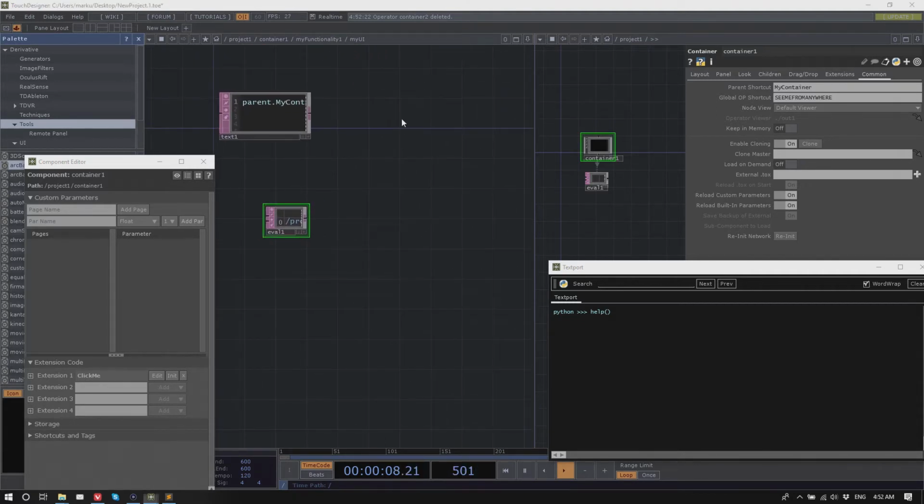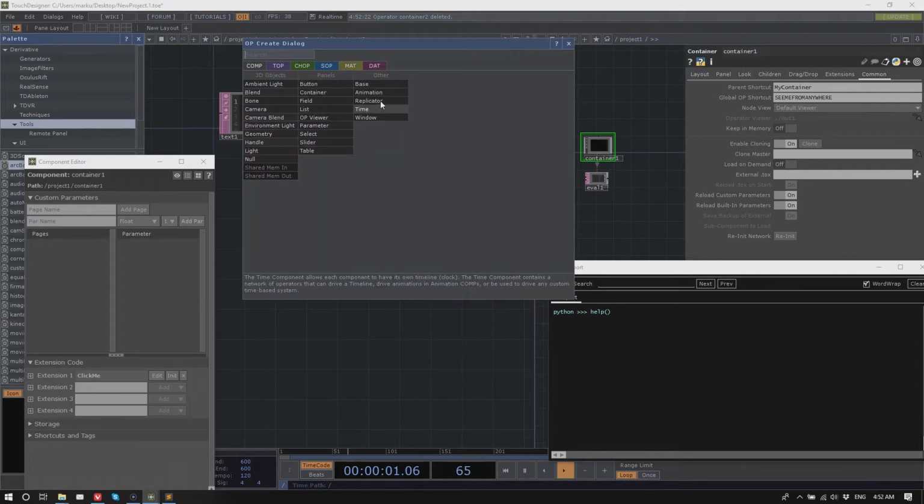I'm not sure. Houdini doesn't have things like a replicator component, for example.